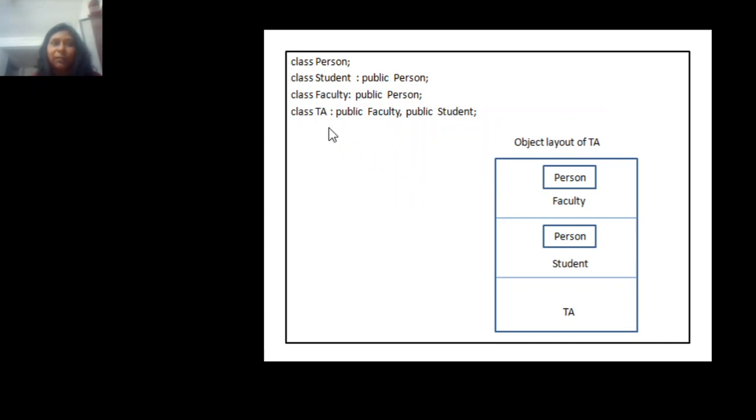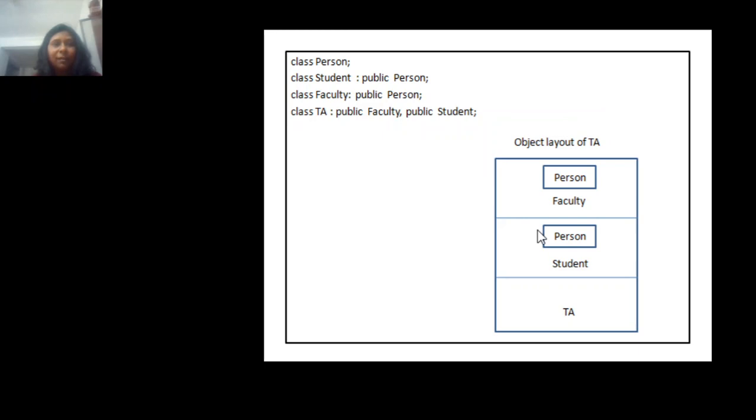So what happens when we construct a TA object? Obviously, since it is inheriting the faculty and student classes, it will have one instance of faculty and one instance of student. Now, the faculty is inheriting the class person, and the student class is also inheriting class person.